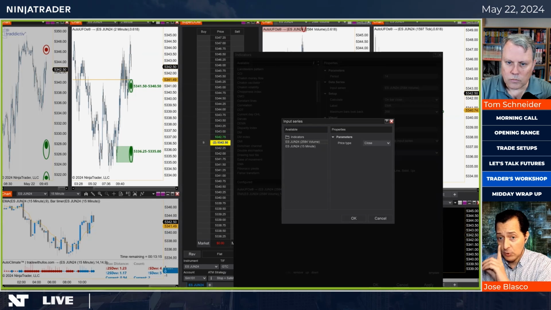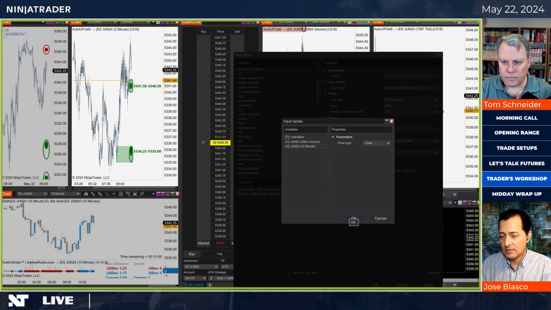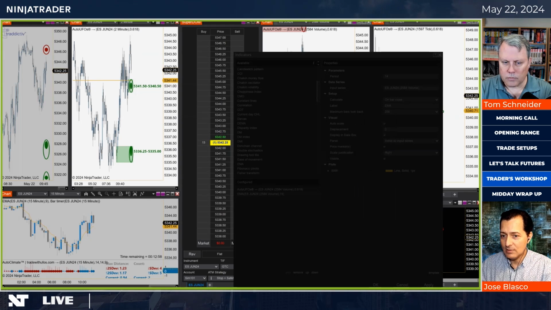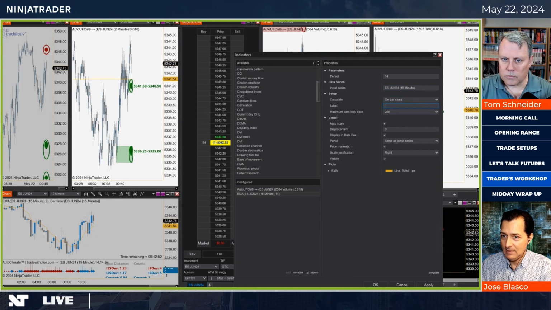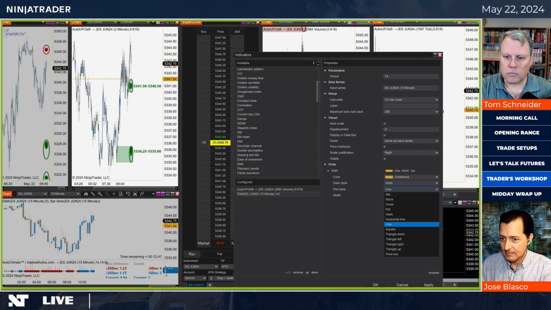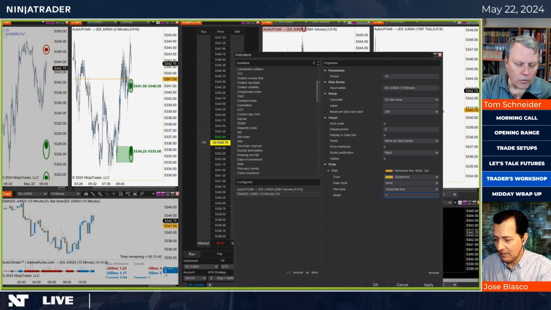One is my volume chart, 2,584 shares per candle. But I also have the 15-minute time frame. Even though I have it hidden, the data is there. I have added it as an input series. So I'm going to plot a moving average out of the 15-minute time frame. I'm going to plot it on the volume time frame, and I'm going to plot that average as a horizontal line. I know I'm moving fairly fast in the sense that we have limited time.